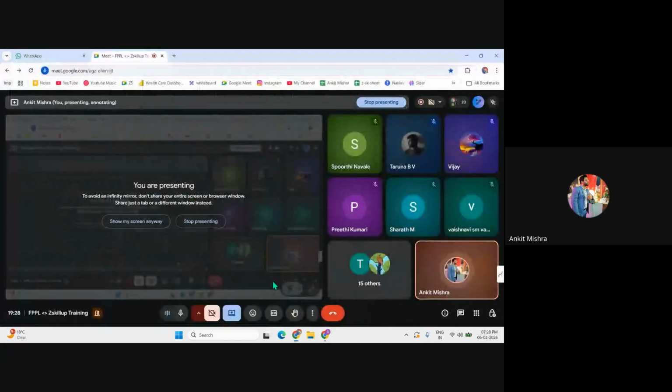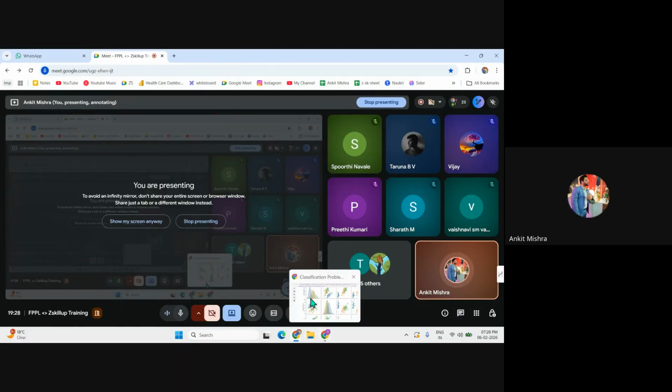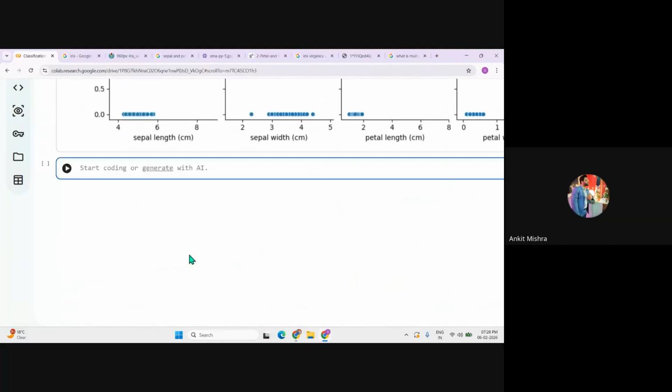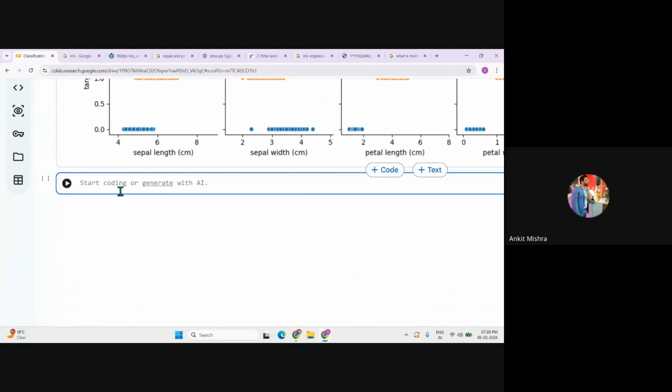Guys, I hope everyone is getting my point, right? Preeti, Sarath, Vaishnavi, Vijay, Taruna, Spurti, and the rest of the candidates, just let me know if you're getting the point. And let me know if you are not getting the point as well, right? I'll try to clear it again. Guys,